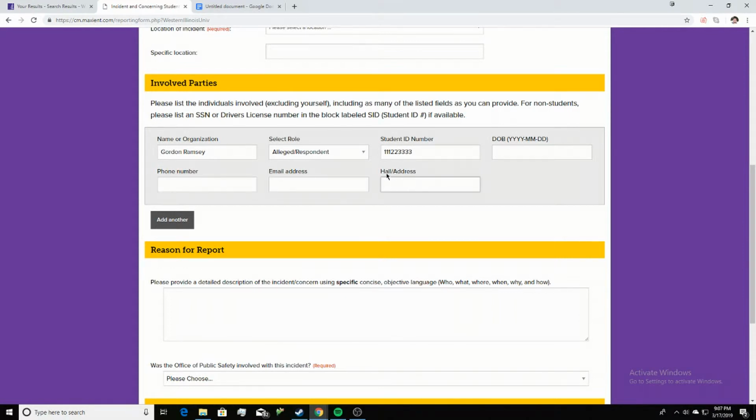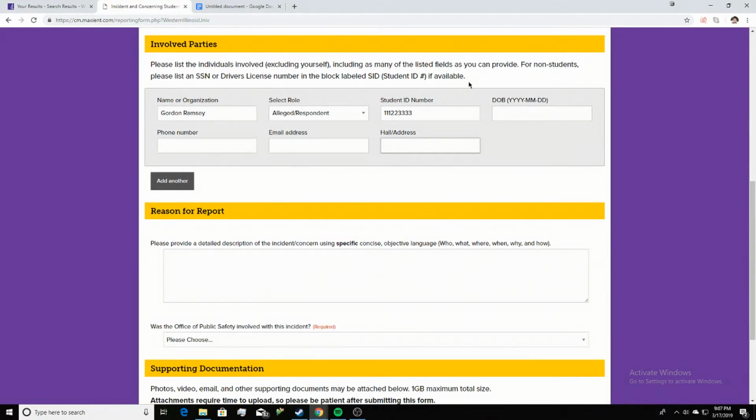And then hall and address. This can be pretty important if you have that information, especially if it's one of the residence rooms. That can really help us locate where it happened a little bit more. Go ahead and include that in the incident report as well down here, and then go ahead and put in